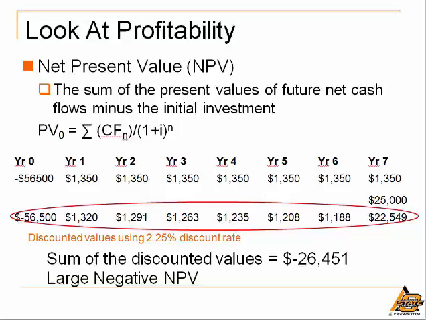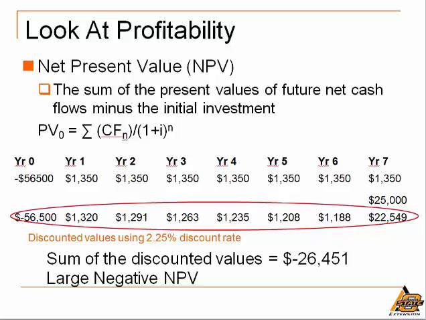So we are discounting a total of $26,350 expected to be received 7 years into the future. That results in a present value of $22,549. Adding all of those future years, 1 through 7, discounted cash flows together, and then subtracting off the $56,500 initial purchase price of the drill, results in a net present value of negative